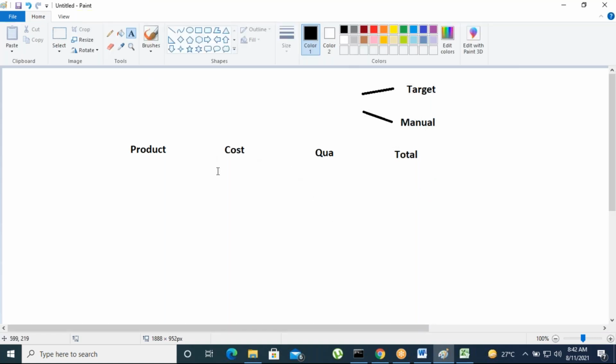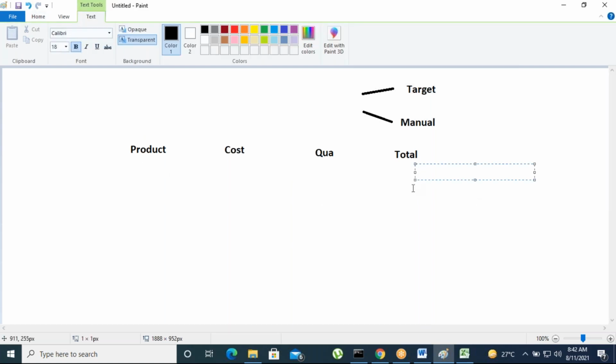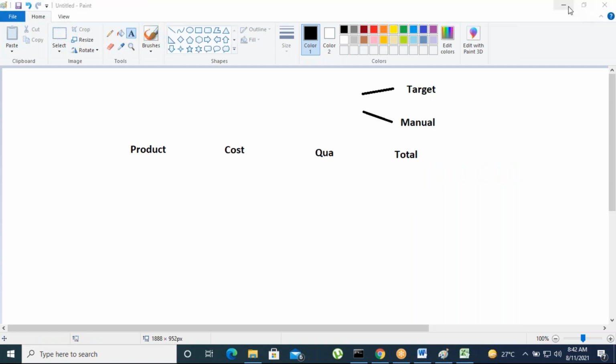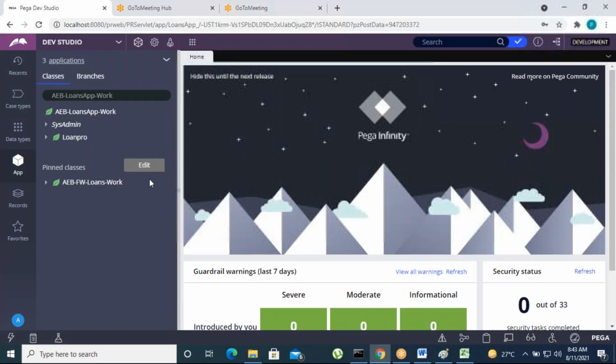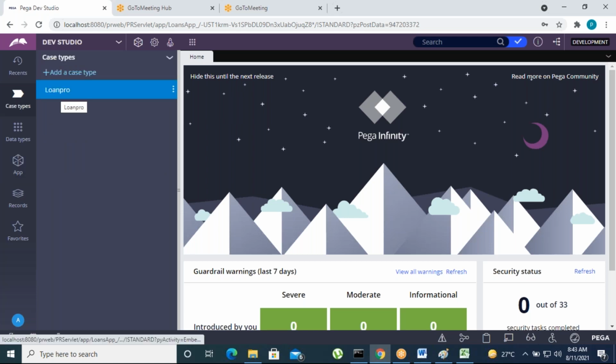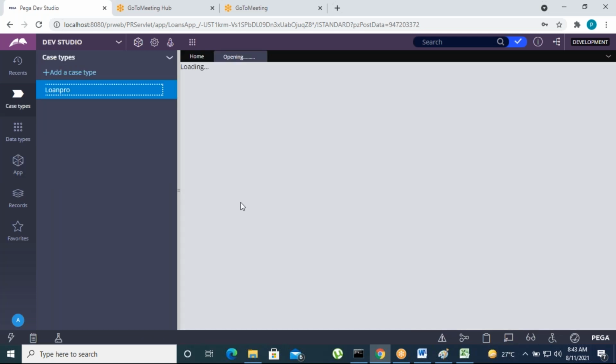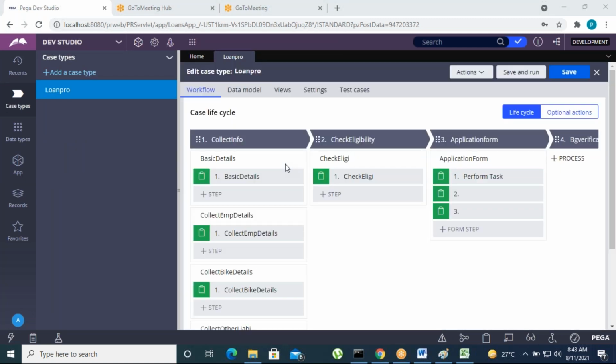So what is a declare expression, how to define it, how to calculate it for a particular product, multiple products, and what is the subtotal. So we can just go and create it now. Okay, just implement this logic. So what I'm going to do is open the same case step. One second, guys.